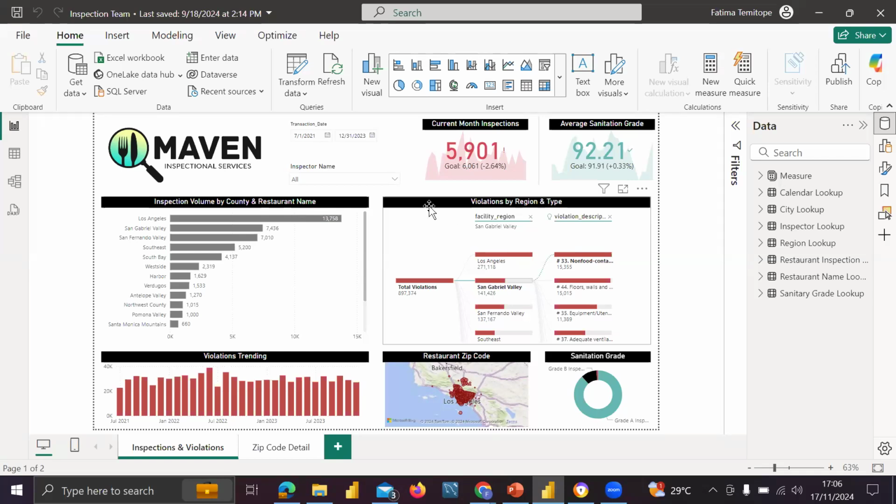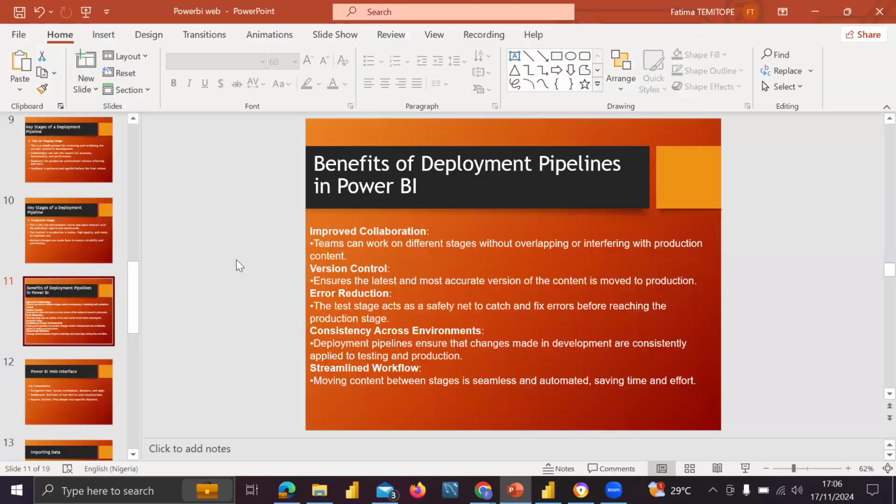Thank you, ma. Any to add to that, any of the controls that you want to perform, such as scheduled refreshing, sensitivity labeling, and so on and so forth, you can only do that on Power BI web. So you have more control and administrative control on Power BI web compared to desktop. So any other question, please?